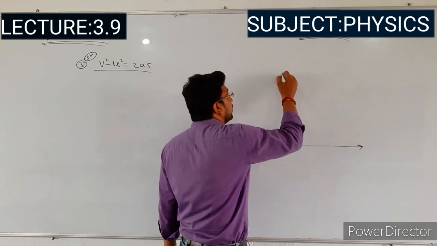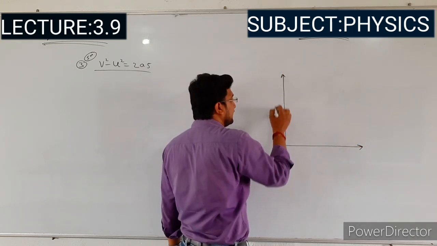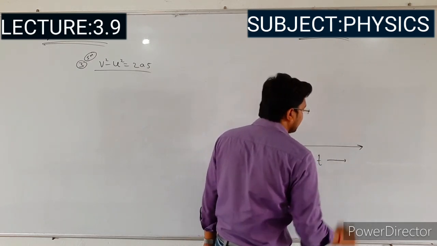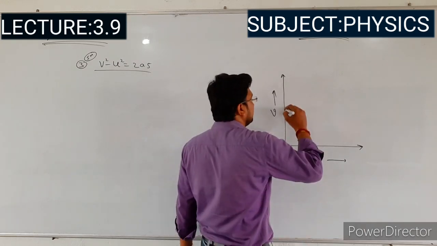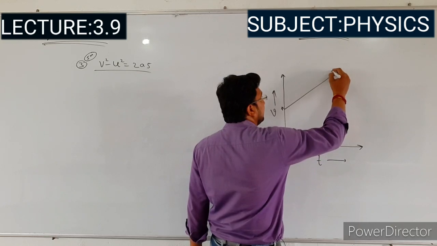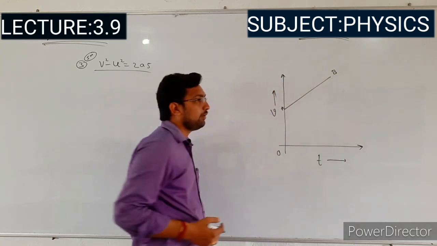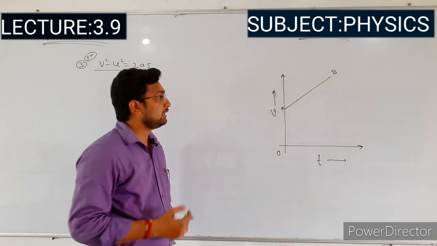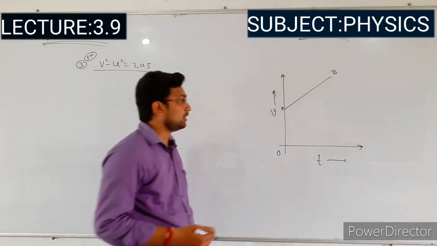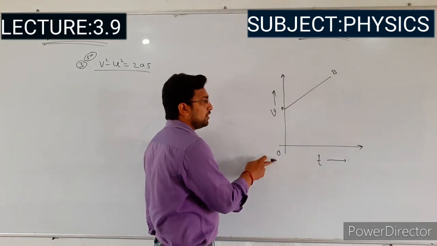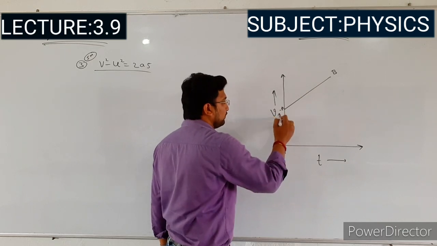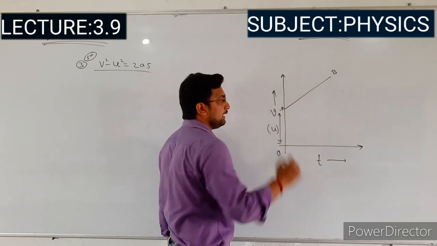Already we know that velocity time graph means the velocity is taken along the y-axis and the time is taken along the x-axis, right? Okay. So in this case, this graph shows that, so this is A, B point. So this indicates that an object is moving with a uniform acceleration, and at the time interval of 0 second, that body having the initial velocity that is u.